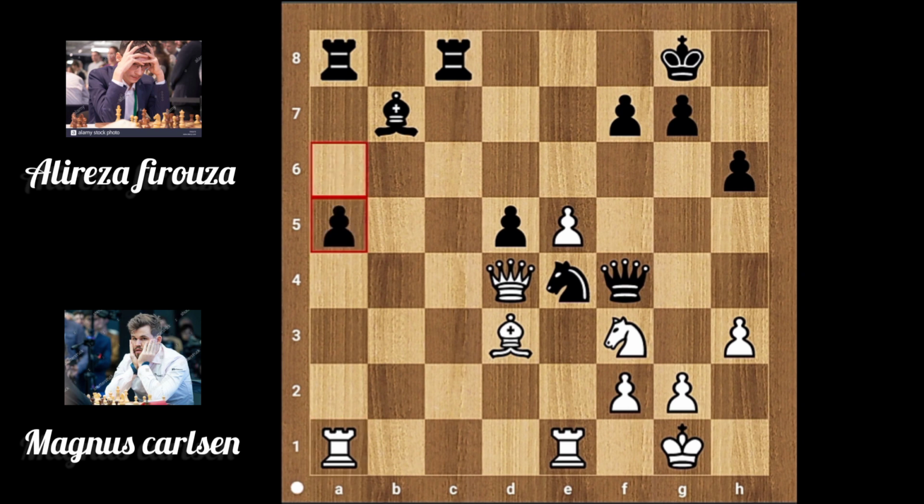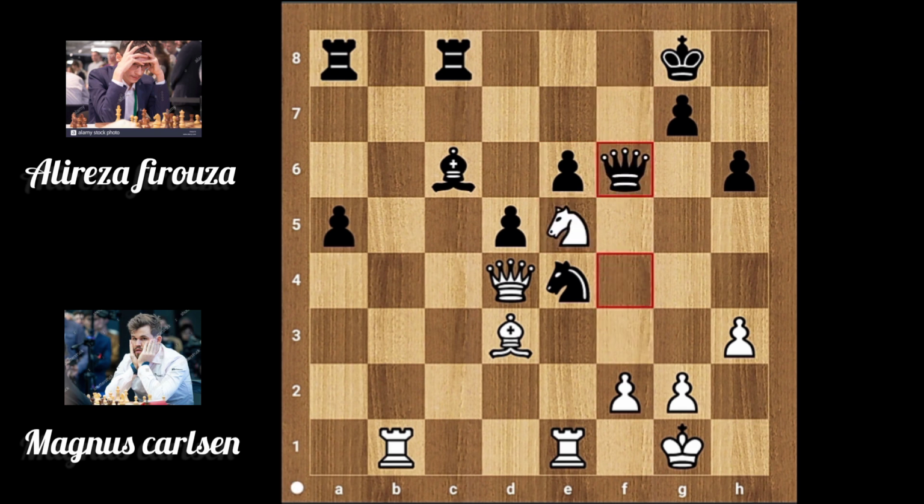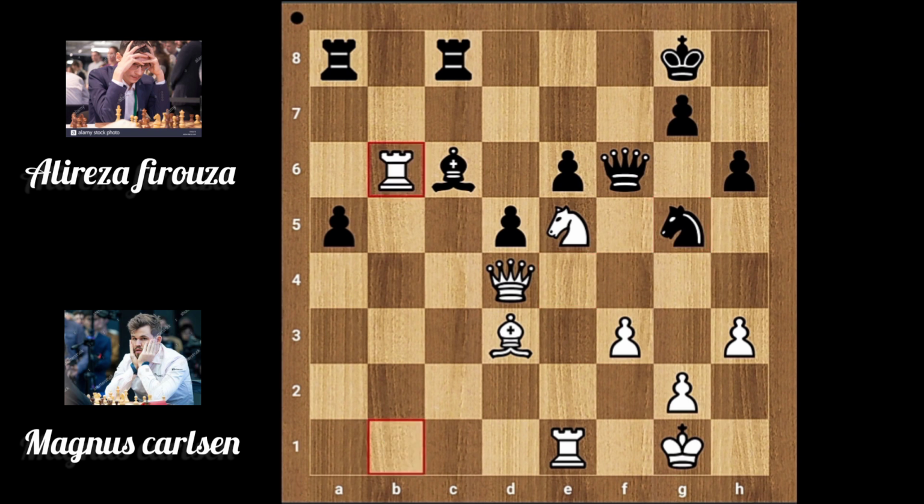pushing the passed pawn, rook ab1, attacking the bishop, bishop c6, e6. Magnus sacrifices another pawn to free up the e5 square for his knight. f takes e6, knight e5, queen f6, f3, attacking the knight, knight g5, rook b6, once again attacking the bishop,